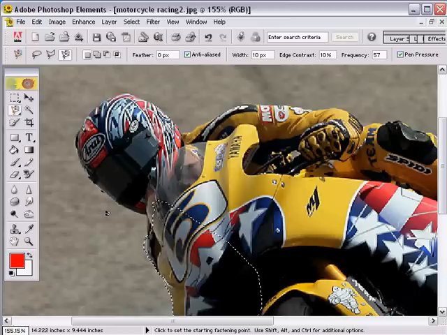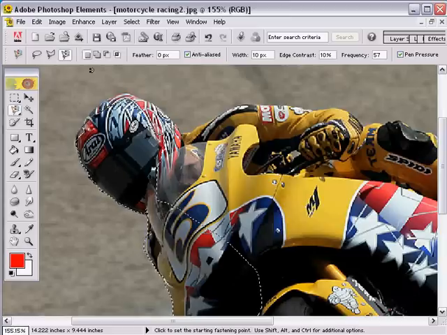I'm holding down the shift key so I can add to my current selection. What it's doing is looking for areas with contrast. So it's able to trace around the helmet fairly easily, but then the